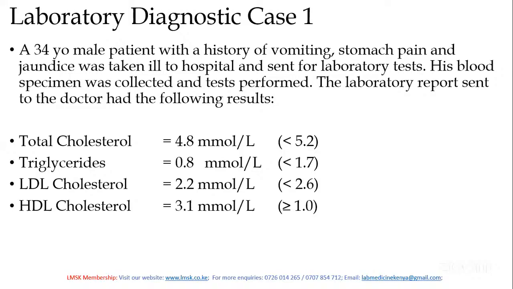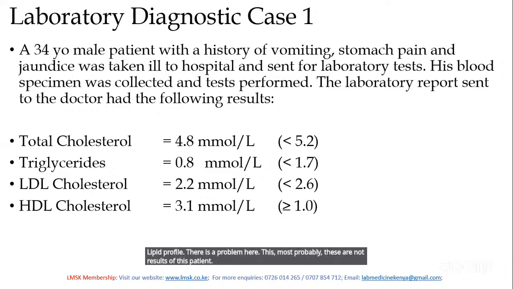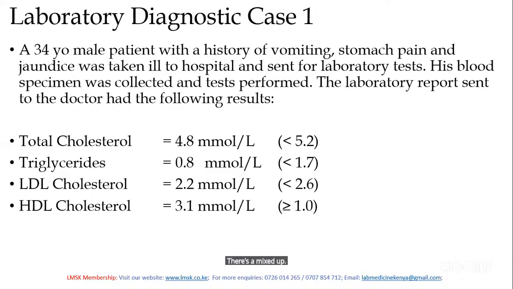Now we should have to do liver function tests. So if the liver has a problem, that's why the patient has jaundice. Yes, it correlates with the stomach pain, and sometimes they do vomit. Instead of liver function tests, the report which goes to the doctor is a lipid profile. There is a problem here. Most probably, these are not results of these patients. There's a mix-up. So when we don't follow the proper labeling,